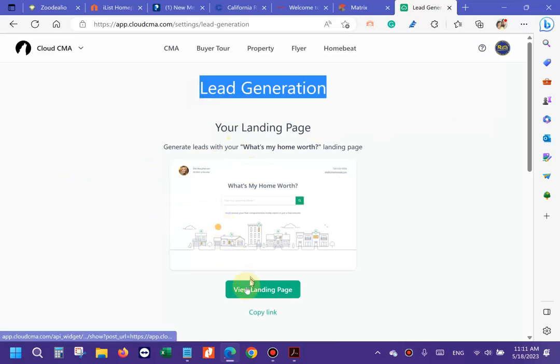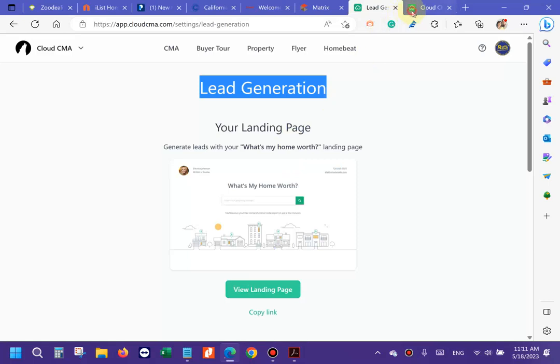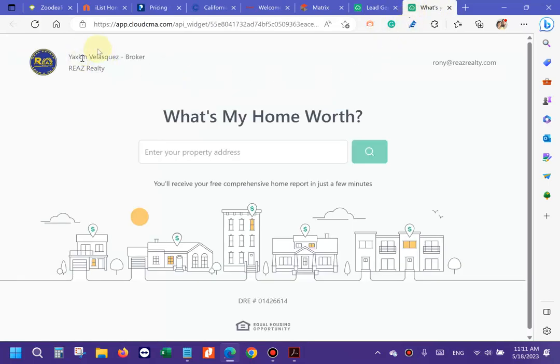So what you want to do is click on View Landing Page, and that's going to open another window. And this is what's going to show your information. Like I said, this is my office agent account, so I don't have it very customized. But if you have it customized, your information is going to show here. Your picture is going to show there. And once people enter the property address, let's try